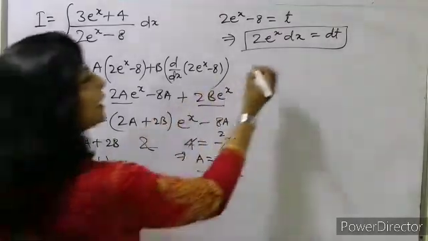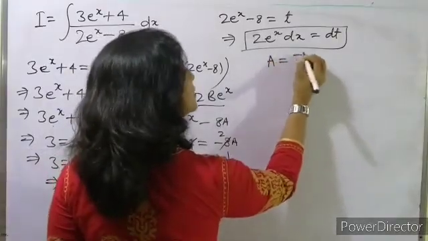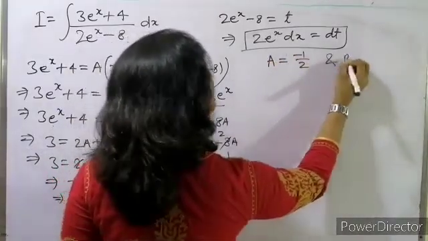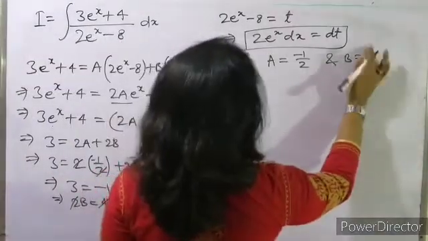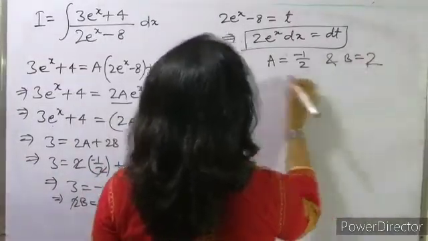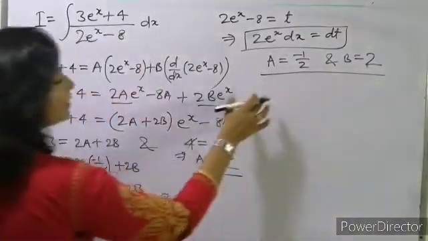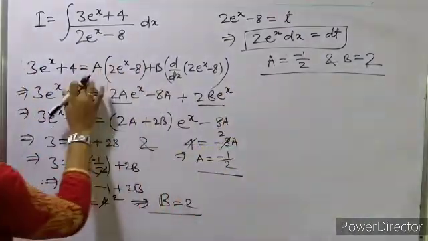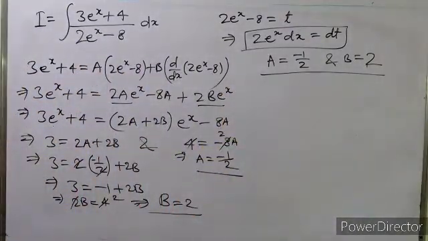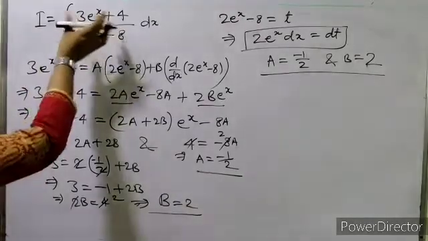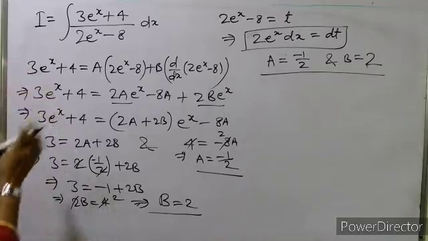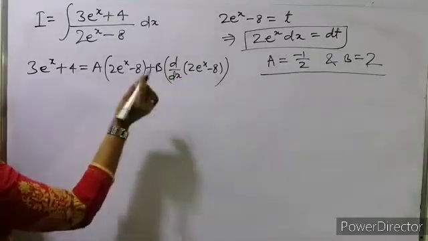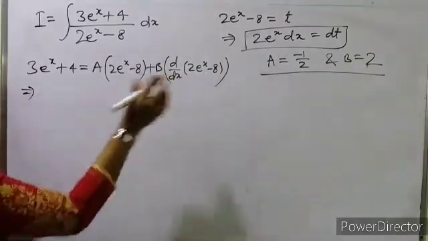Okay. So a का वैल्यू हमें क्या मिला -1/2 एंड b का वैल्यू हमें मिला 2. ठीक है. Okay. So based on this value we have to put in this equation and उसके बाद we'll get the value. How we have to break this numerator. Basically हमें numerator को denominator के term में break करना है. Equation will put the value of a is equal to -1/2 and b is equal to 2.